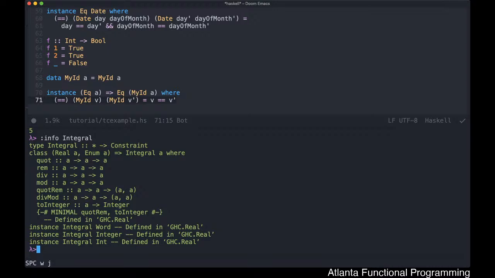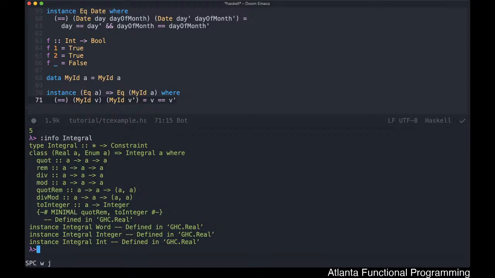Integral specifically implements, as you could probably tell from the method signatures here in its declaration, all the operations related to essentially division arithmetic. All right, so you've got your quot and your rem, your div and mod operators, and then you have these two tuple-based functions, quotRem and divMod, both of which actually implement essentially quot and rem and div and mod respectively,